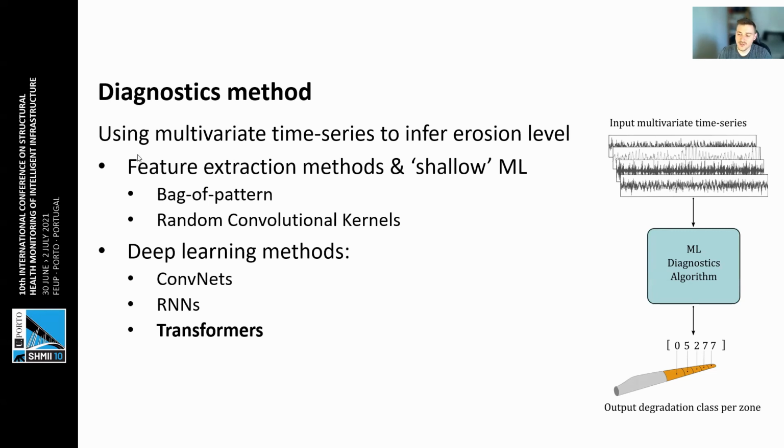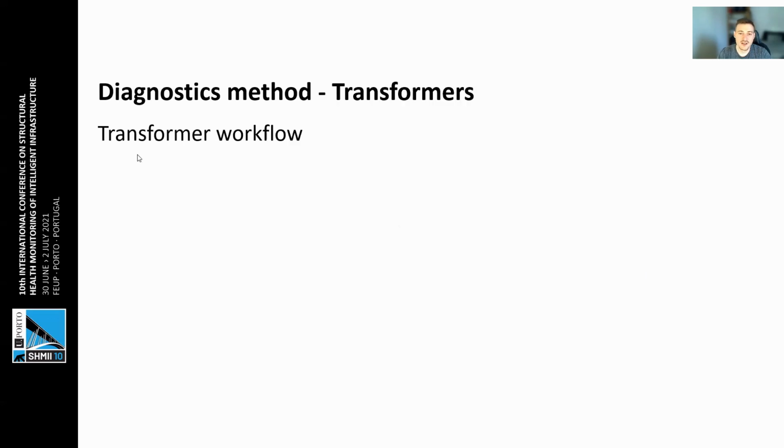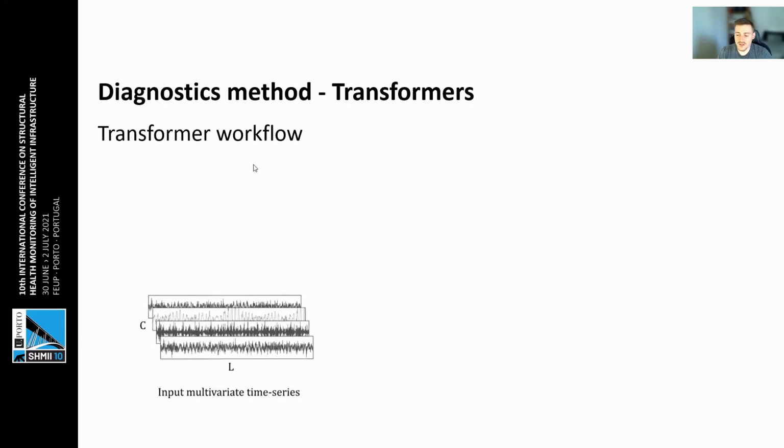And we have opted to show here what a transformer architecture and workflow would look like. First, we would take our input multivariate time series and pass it through a learnable filter to get an embedding. And added to that,